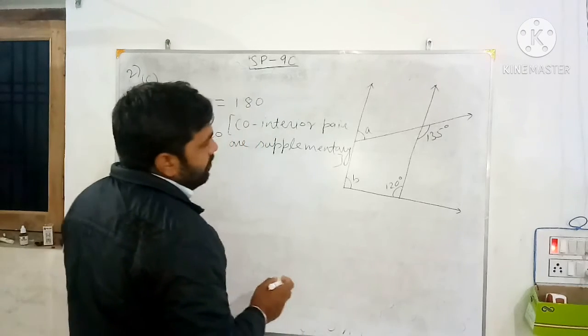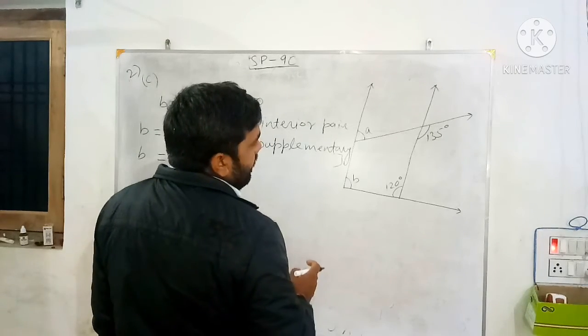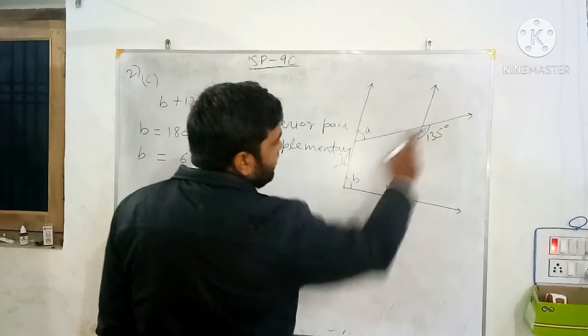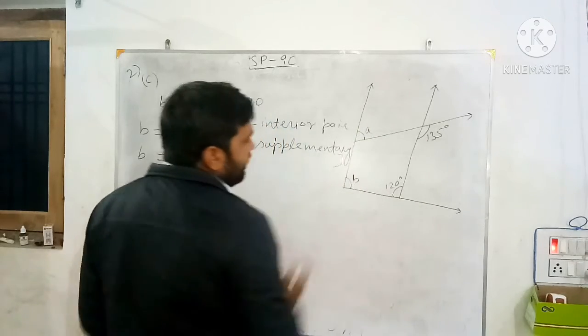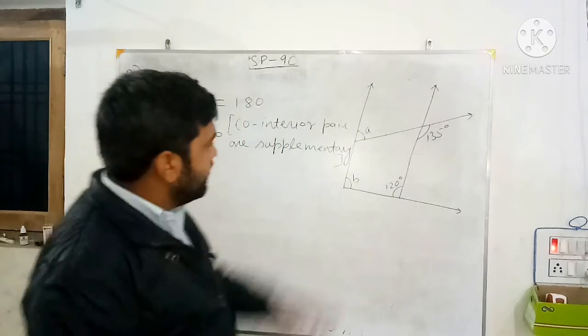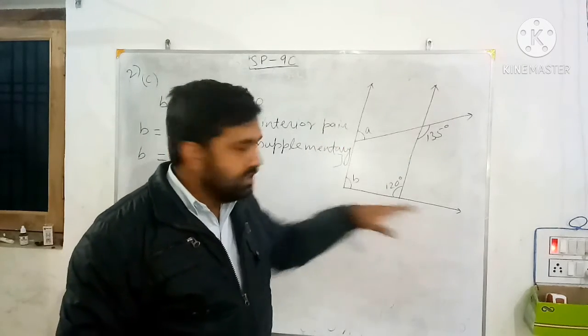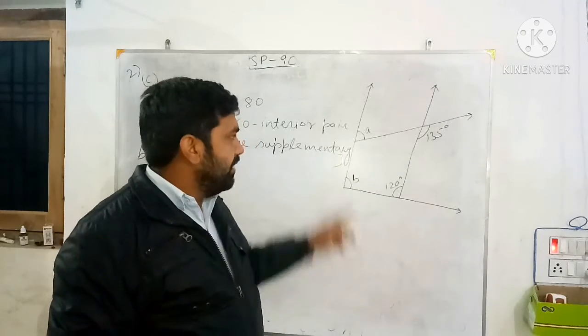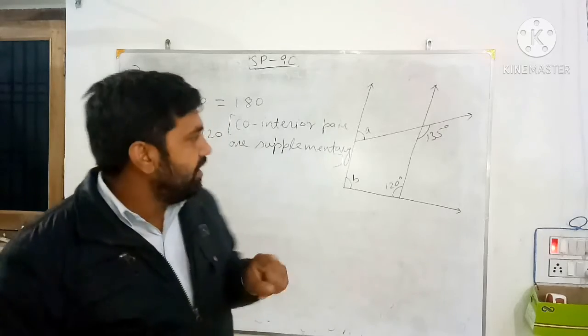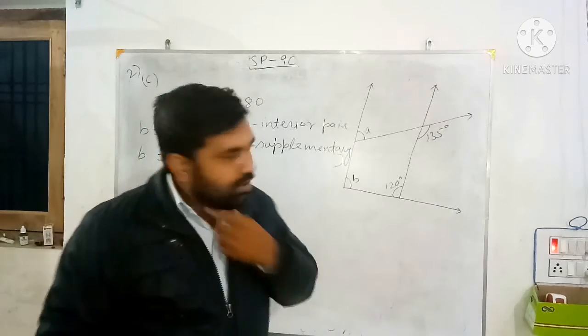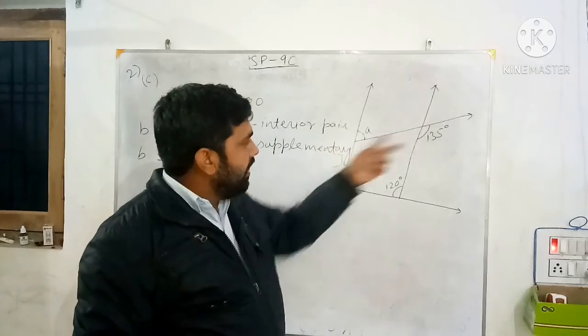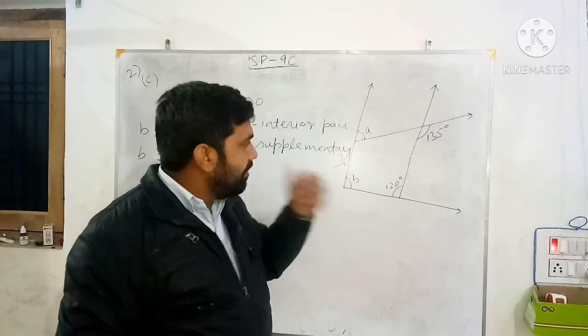Now these two lines are not parallel, so the angles A and B will not be equal. Angles A and B are a corresponding pair, but they are not made by parallel lines, so that's why they will not be equal. Their measurements will not be equal since the two lines which this transversal intersects are not parallel.